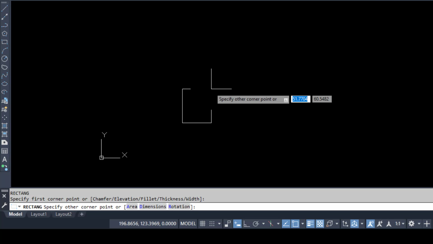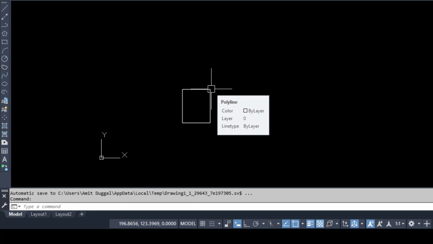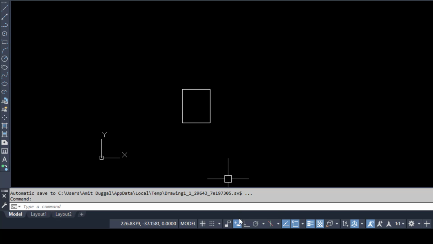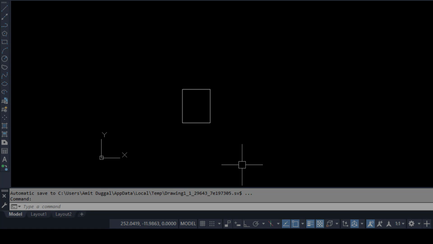Now I am doing a left click in the graphics area directly. You can see in the tab below that it is showing the distance as 51 and 60. So for that, I can directly enter the value over here as 50. Now I can press comma on the keyboard, and it will automatically switch to the other tab. So 50 comma 60. In this case, I can make a rectangle directly with the help of the dynamic input, which is situated in the status bar.